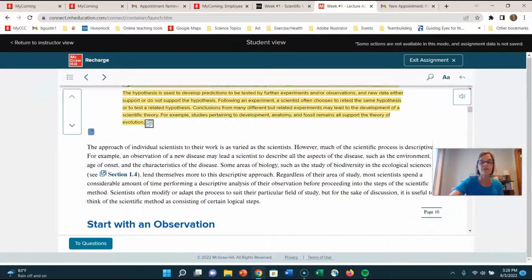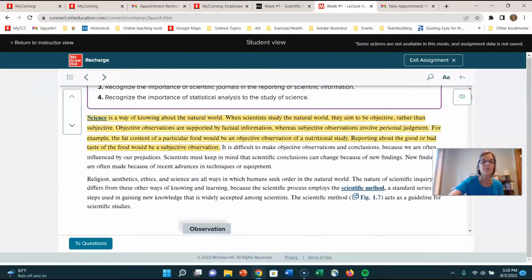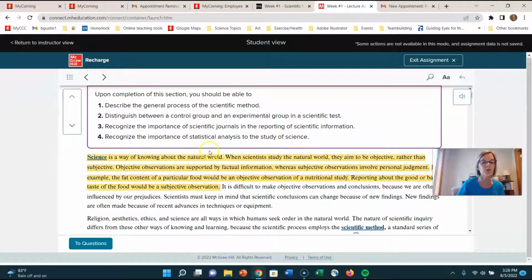Objective and subjective observations, they actually happen to be up here. But all the vocabulary words on your sheet are actually things that I got out of the textbook. So they will all be there. The second question says distinguish between a control group